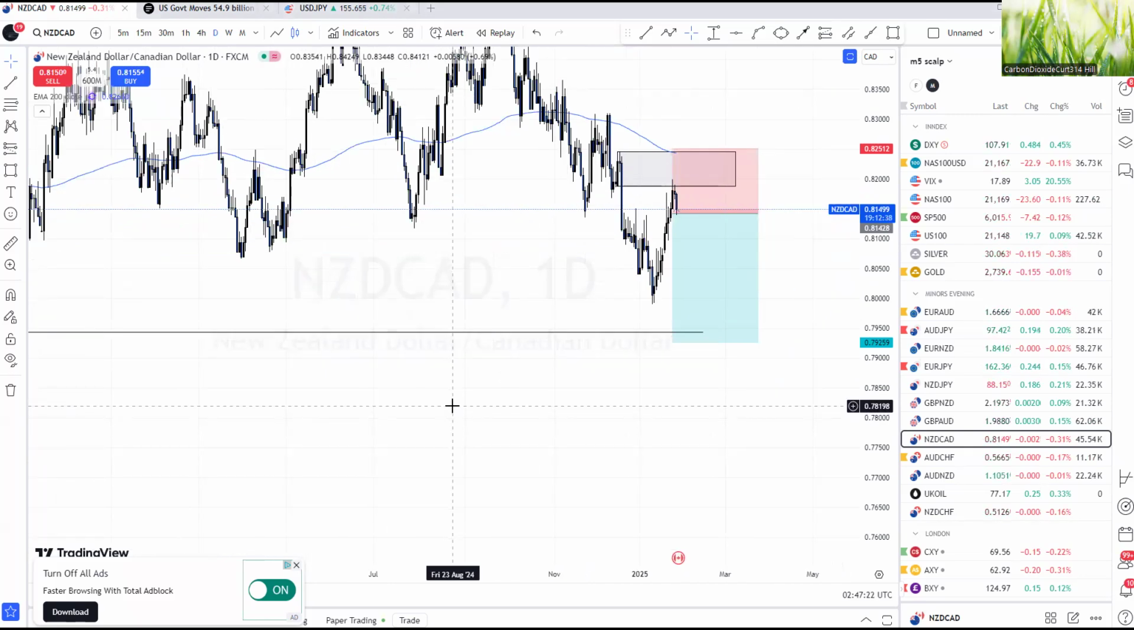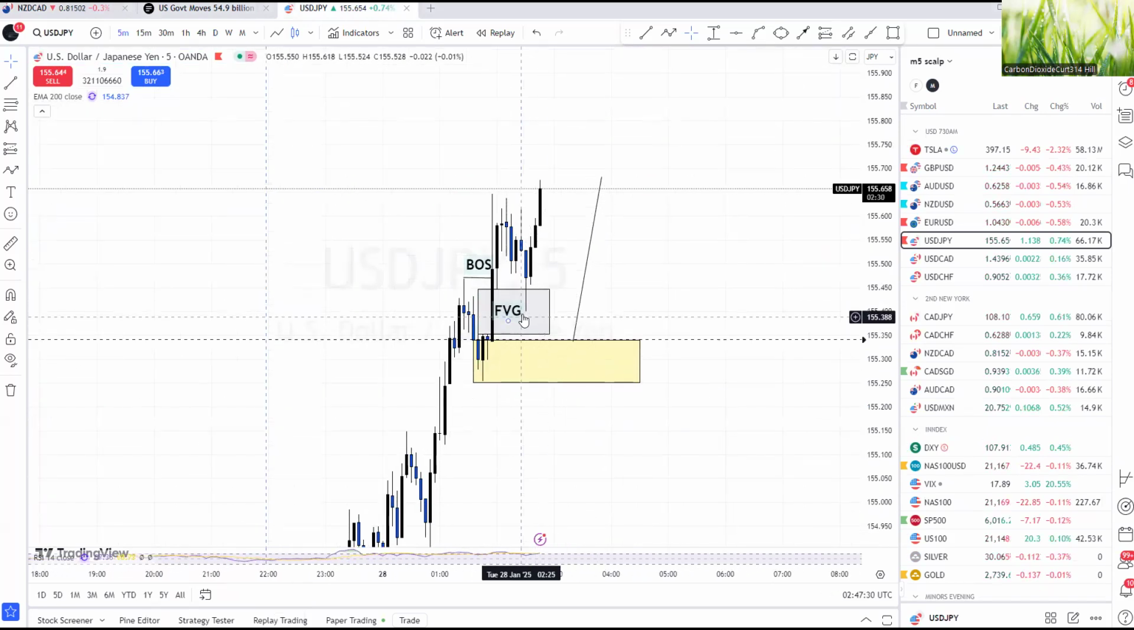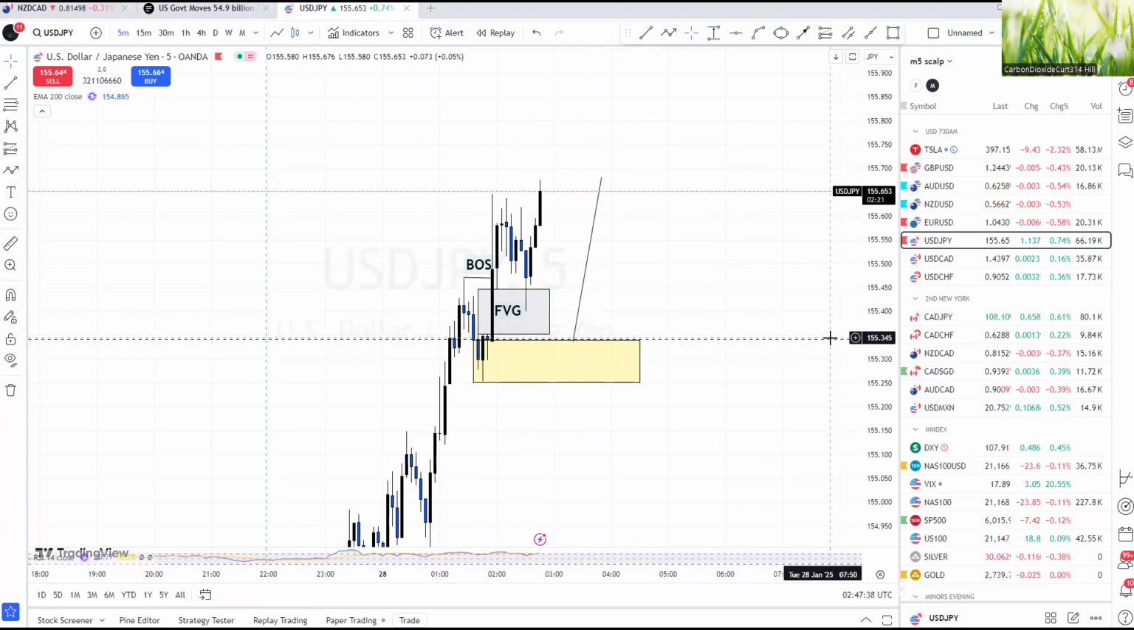So let's see. All right, so look at this. I want to show you something. See, the fair value gap worked. It actually worked and went up. But it's still valid to take this trade. So I got a notification on when it crosses there. So what I'm going to do is this. We're going to go in here, go like this,